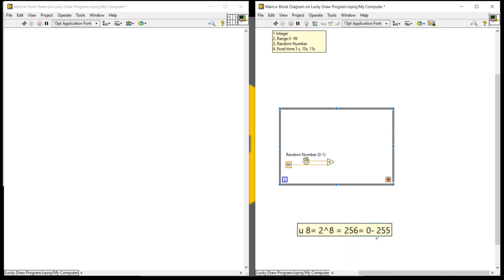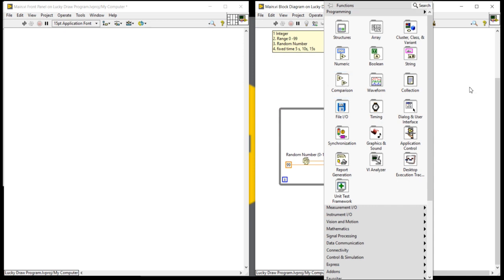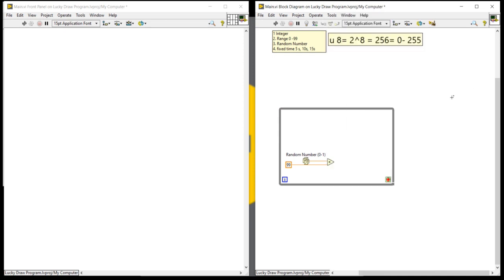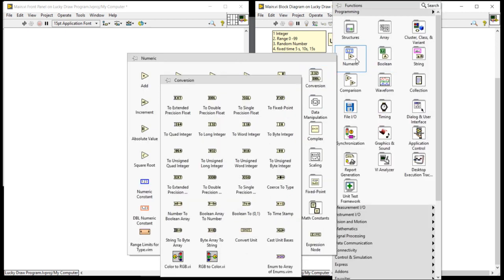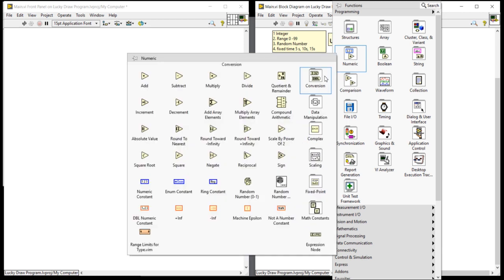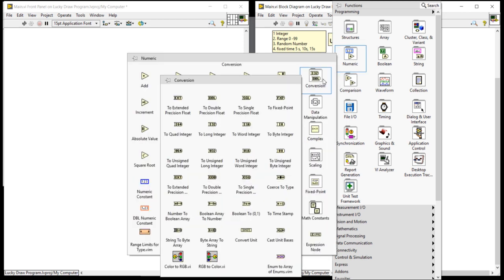So for that I can take, look at here, all of you, don't ask me next time, please. Right click, come into numeric, and then numeric conversion. In conversion, U8 is present.